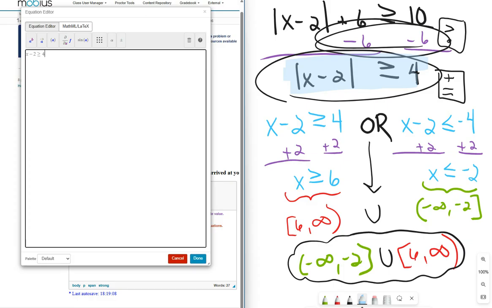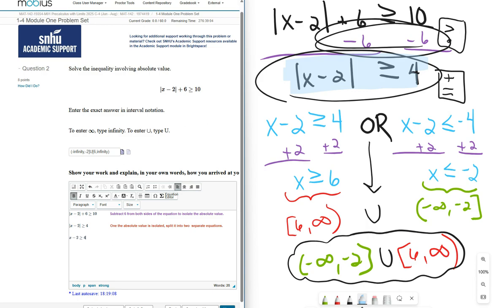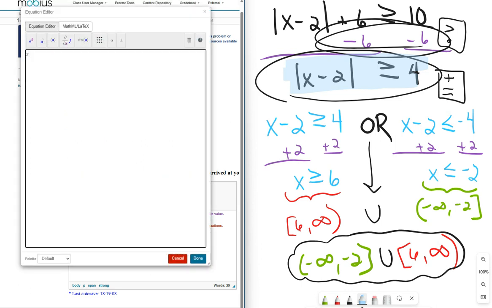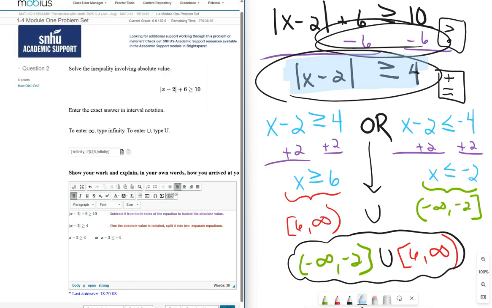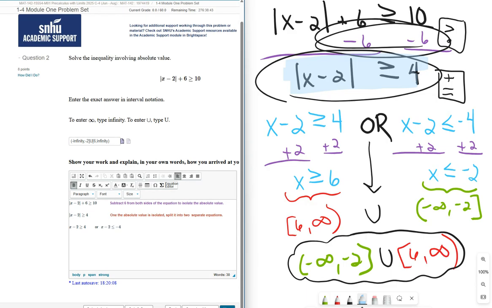And then hit done. And then go space, space, space, or, space, space, space. Now put it in there. X minus 2 is less than or equal to negative 4, and done. There we go. So you might just have to play with it a little bit, you know, but that's how you need to do it,